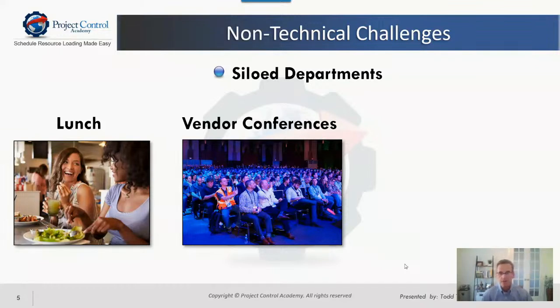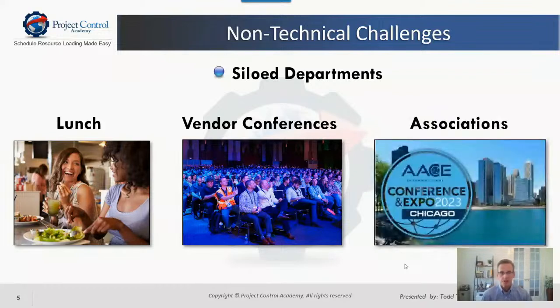Another good one too is vendor conferences. If you all can go to vendor conferences, gets you out of the office. So one, you're kind of building that relationship, and then you're also getting input from, obviously a lot of those presentations, and typically they're on how to improve processes, how to leverage systems, et cetera. So great way to do it.